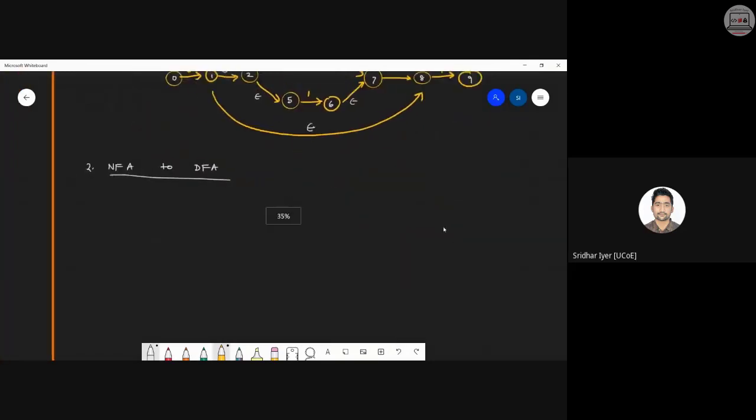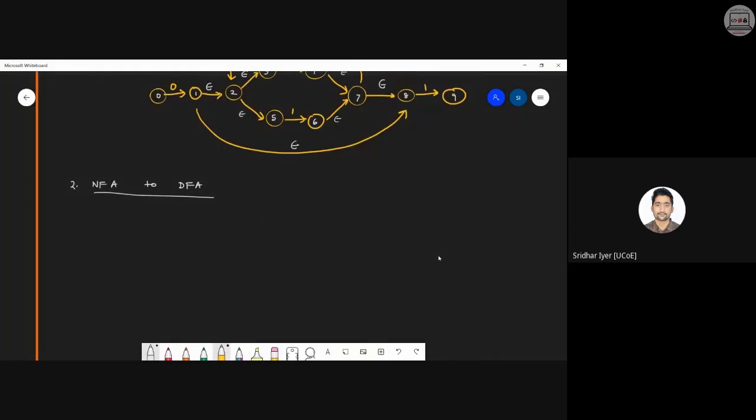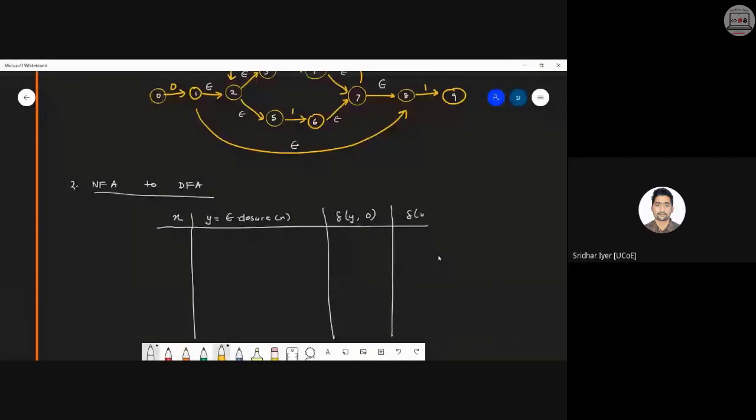We had made a simple table. It was a table which consisted of rows and columns. Over here it was X, and over here it was Y. Y is nothing but epsilon closure of X. That is whatever path we can go from X via epsilon. Then it was Y on, inputs are 0 and 1, so we will write Y on 0 and then transition of Y on 1. This is what used to happen, right?